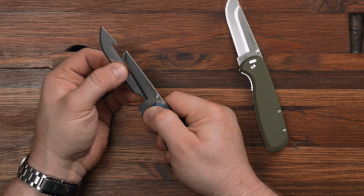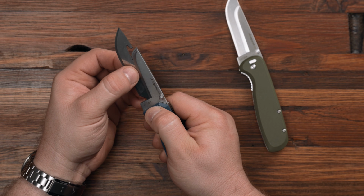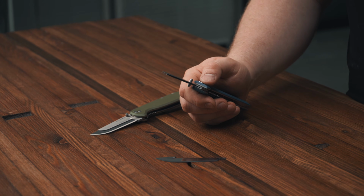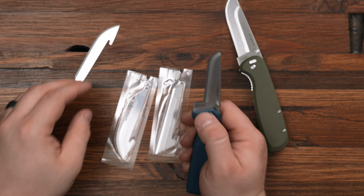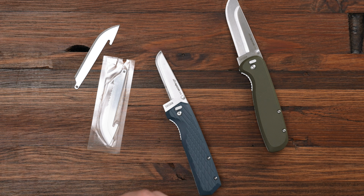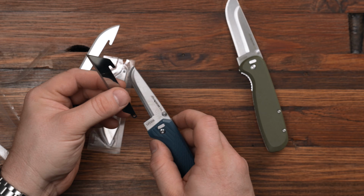So you open the knife up, push this button, the whole blade comes out, and you put another one in. These things are ridiculously sharp because they're also ridiculously thin, and each one comes with additional blade shapes. This is how you know it's not necessarily for hunting. This is more EDC because you have this Wharncliffe blade. Let's open this up. You can pop it in real quick,